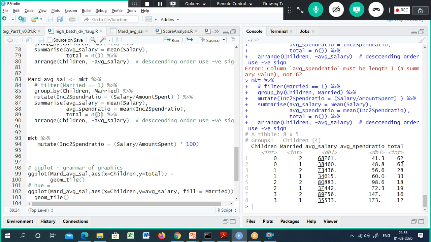And here another 62 customers are unmarried, and obviously unmarried people don't have kids, we think that way. But here, 28 customers are married and they have one kid. The n function gives you the number of records, and mutate